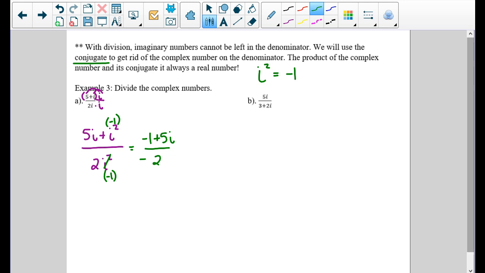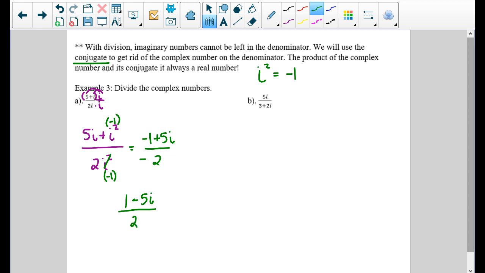Now, they probably don't like the negatives out front. I'm not going to be too picky with that, but typically what they would do is stick the negative out front, or the two negatives, and make it a positive. So they would change the signs here. So these two negatives would be the positive 1. The 5 and the negative 2 would make it a negative 5i, and then the negatives would be a positive